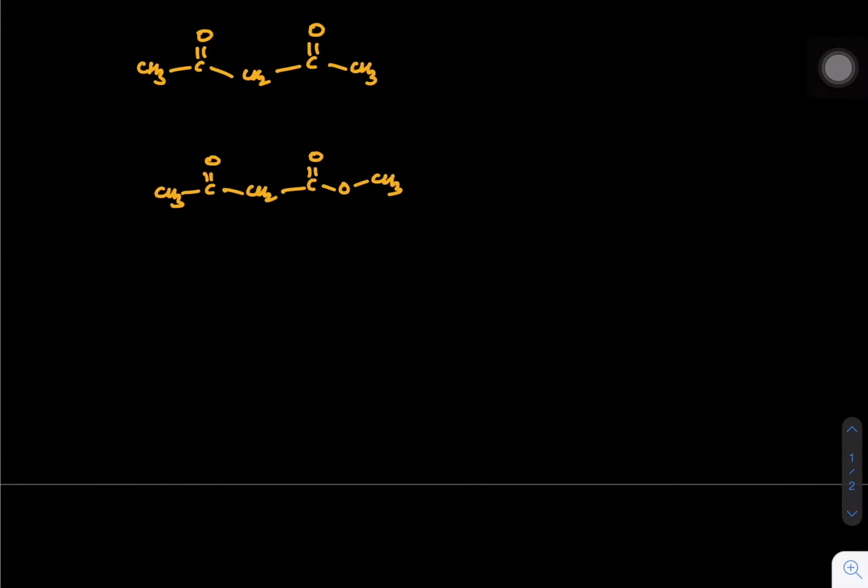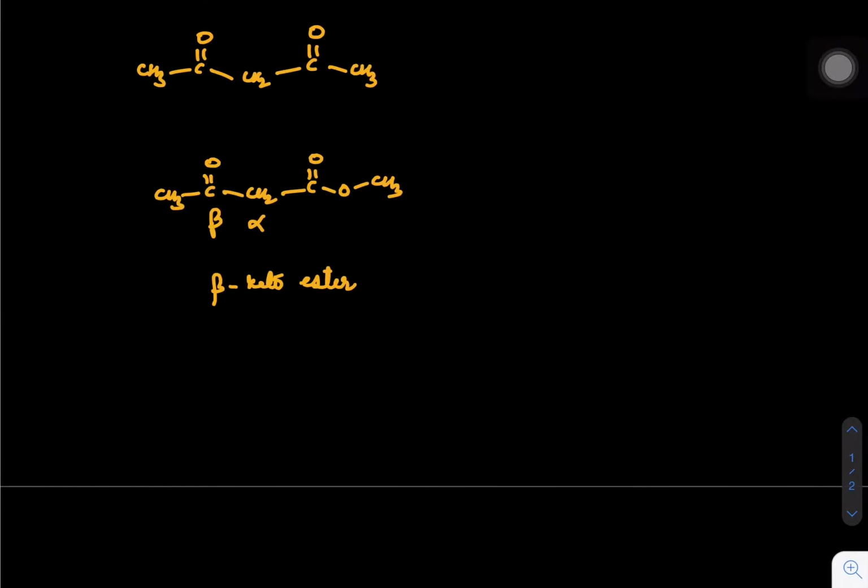So what is the difference in these two cases? The first one is a diketone, whereas the second one is a keto ester, specifically a beta keto ester. If you write beta keto ester, its beta position has the ketone and it has an ester group. In the first one, it will become CH2 double bond COH, and then CH2 C double bond O, CH3, and we can expect that the OH group will form an interaction like this with the nearby member. You can draw a 6-membered ring or keep it a 5-membered ring, but the interactions will stabilize this kind of diketone.